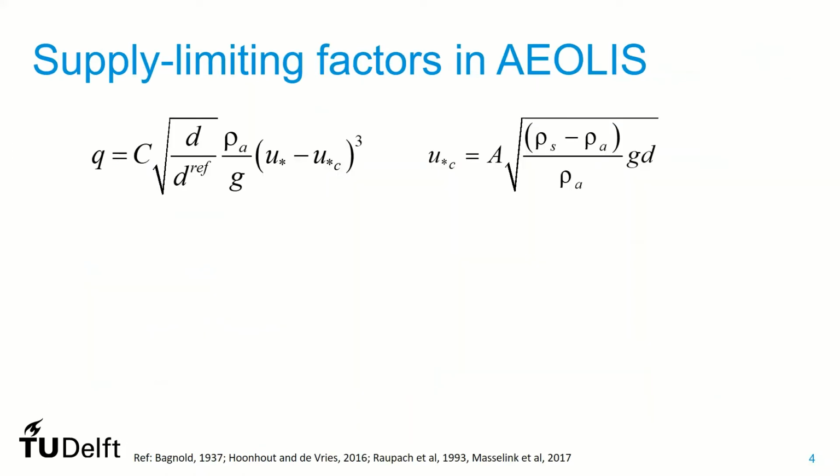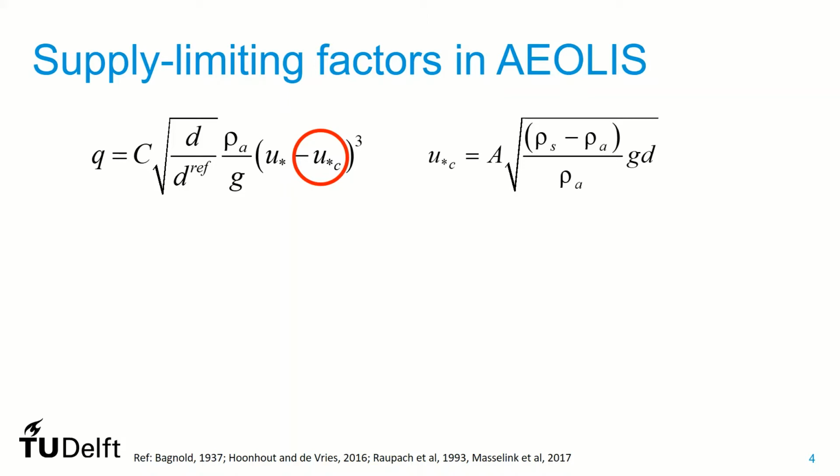I will not go into details on the Aeolis model, but I will briefly discuss some supply limiting factors in the model. So first, let's take a look at Bagnold's equation here to the left. It describes the equilibrium aeolian transport rate, and I think most of you are familiar with it. In Aeolis, supply limiting factors are implemented through modifying the critical shear velocity, which is circled here in red. And the critical shear velocity, the equation to your right,